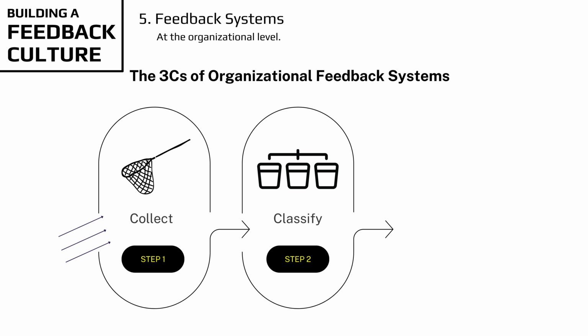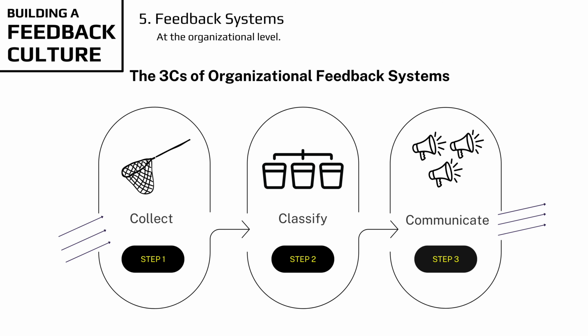We then move to step 3, communicating. Some organizations end at step 2 thinking that the feedback river is enough, but the river contains everything and can be an overwhelming source of information to the point where it's irrelevant for many people who are receiving it. The river metaphor continues here as step 3 is about creating feedback lakes from the river. That is, ensuring that the classified feedback is routed to the most appropriate people or teams.